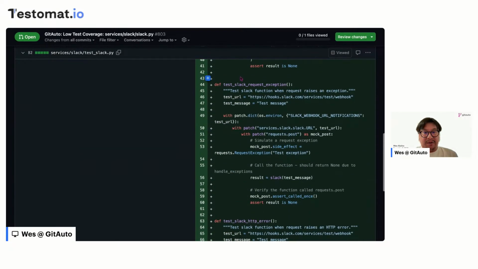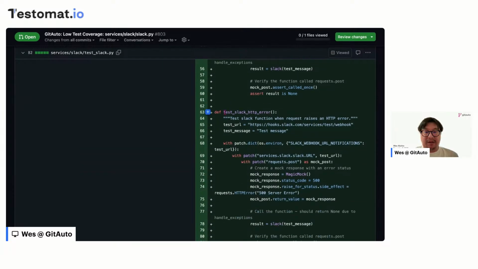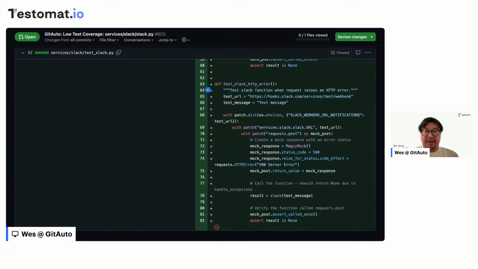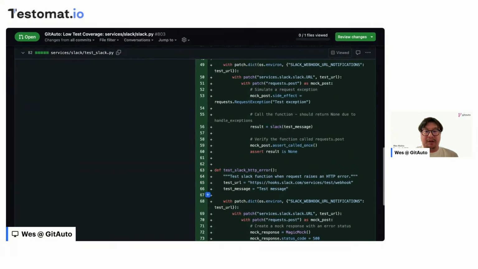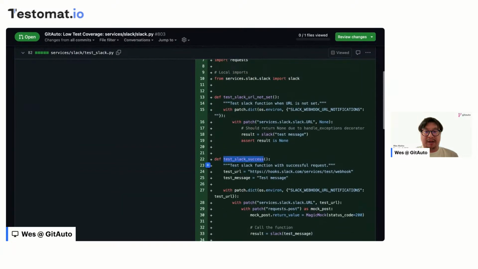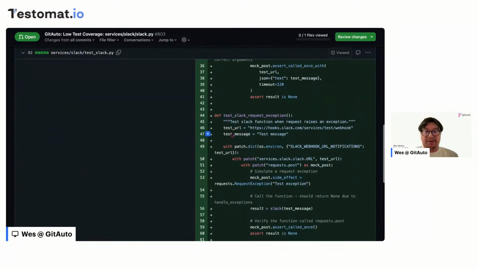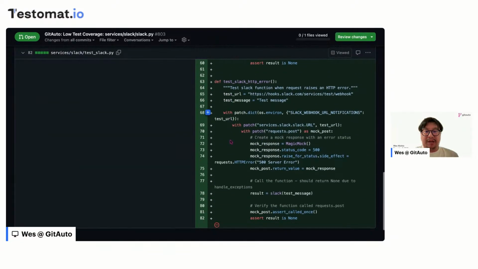And also request method, outputs and errors or exceptions. This is also error cases. And request HTTP error cases as well. Okay, so one happy path and 1, 2, 3 edge cases,